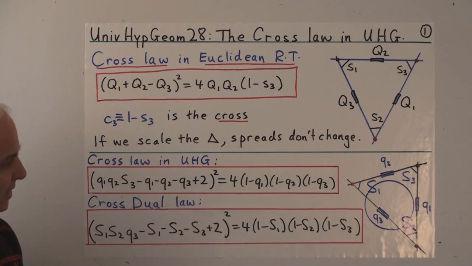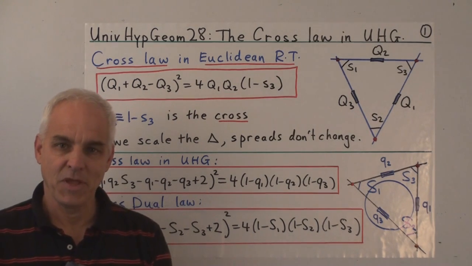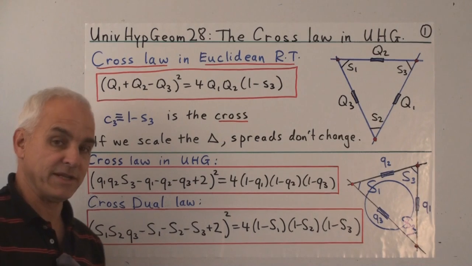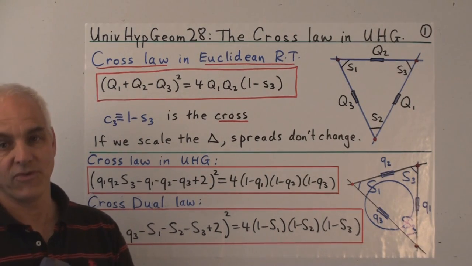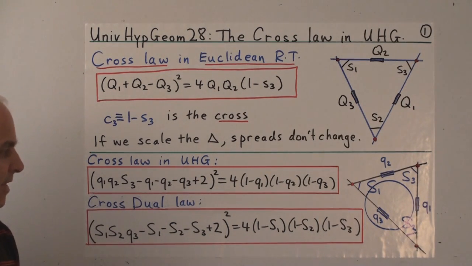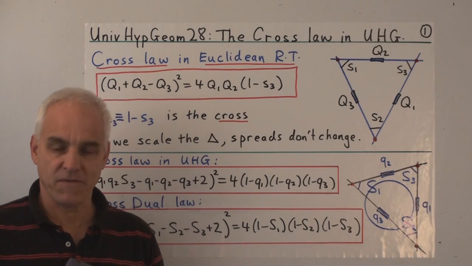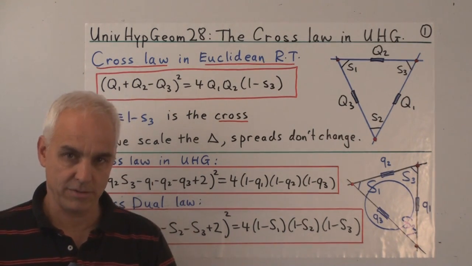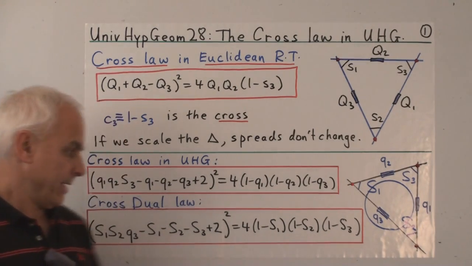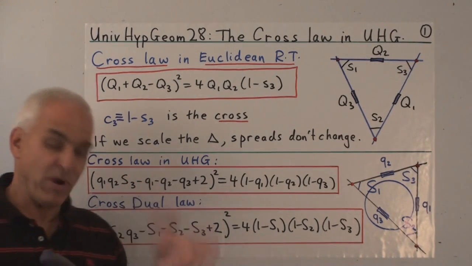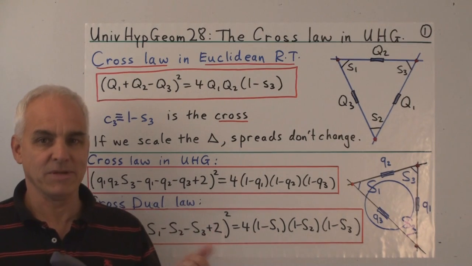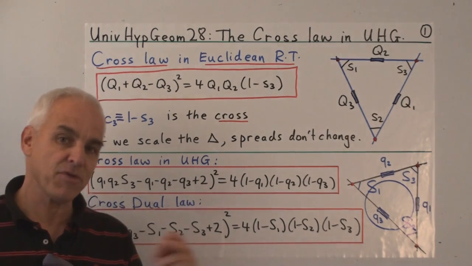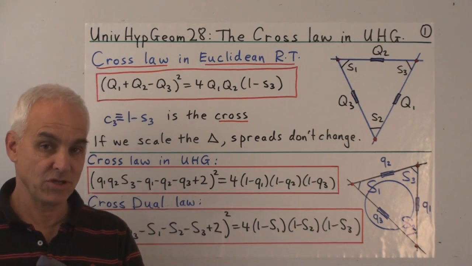Now, in hyperbolic geometry, there's a duality that we've talked a lot about between points and lines and between quadrances and spreads. So it will turn out that each of the four main laws of trigonometry also has a dual law. The spread law's dual is pretty well the same as the spread law, so that doesn't really give us something new. But the other three laws have duals which